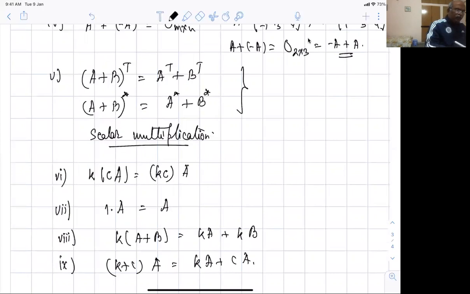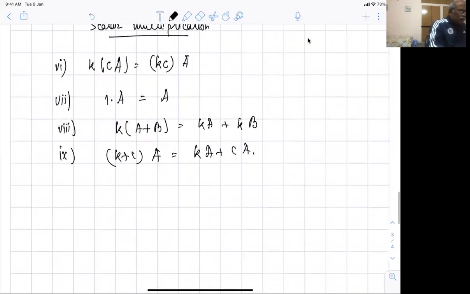Similarly for product also you can look at here that K times A whole star will be equal to K star A star, and similarly for the transpose. Is that okay? So this is about complex conjugate. Similarly for the transpose also you can get your results. So let's just try to prove it yourself.